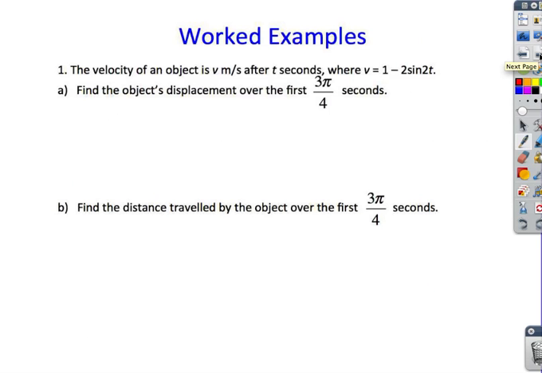So in the first question, it says the velocity of an object is v meters per second after t seconds, where v is given by the function 1 minus 2 sine 2t. You want the object's displacement over the first 3 pi over 4 seconds. So in this case, if I'm just looking for displacement,